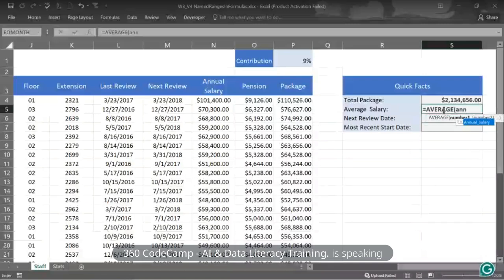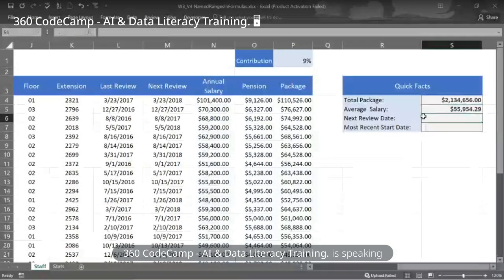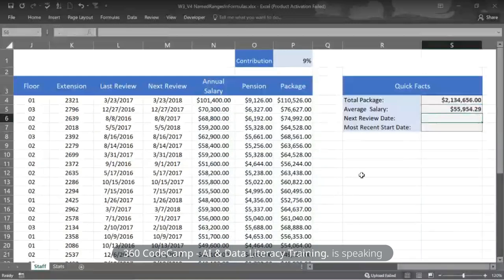Sorry, annual salary. Yes, tab, then enter. You will have been able to see the average salary for all the employees in that particular period, maybe in that particular month. Then you want to see the next